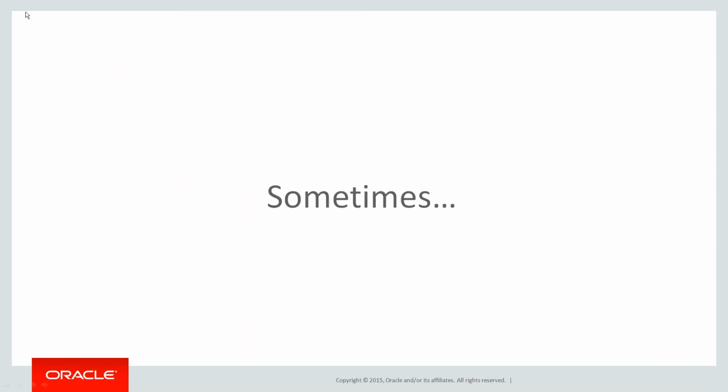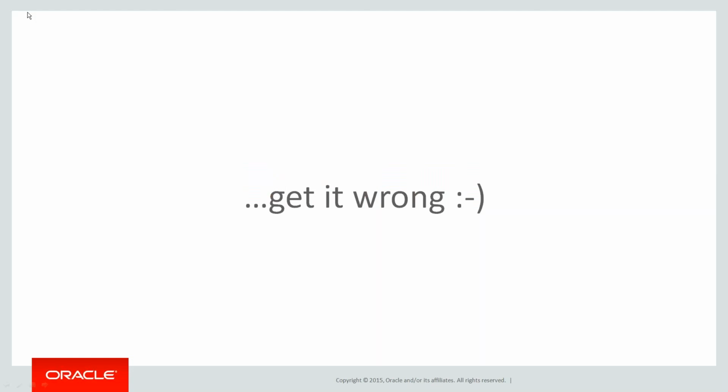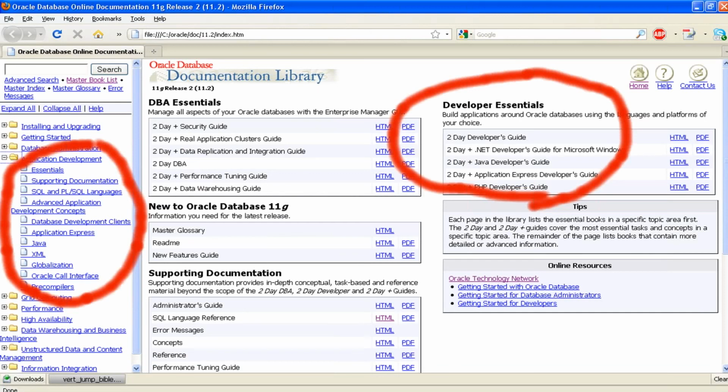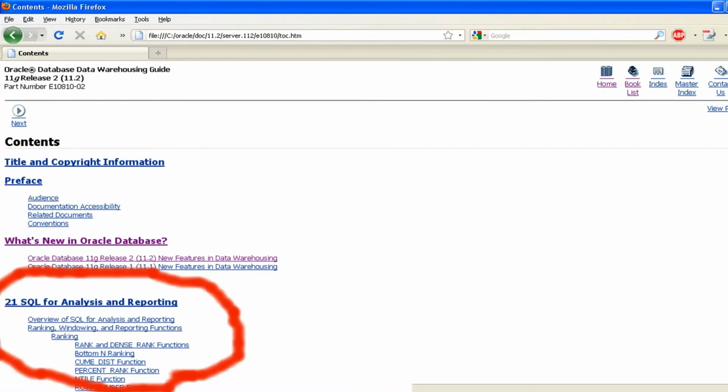Man, I wish you hadn't asked that question. But anyway, sometimes we at Oracle, we get it wrong, right? We don't do so well. If you fire up the documentation and look up this section called Developer Essentials, all the things that you need for application development, whether it be the left-hand side of the screen or the right-hand side, we have all these great things you should go at, the SQL Language Guide, Pure SQL Language Guide, whatever. One thing we didn't put on there is the Data Warehousing Guide, right? And sadly, tucked away down in Chapter 21, we have an awesome amount of documentation on all the analytic functions.